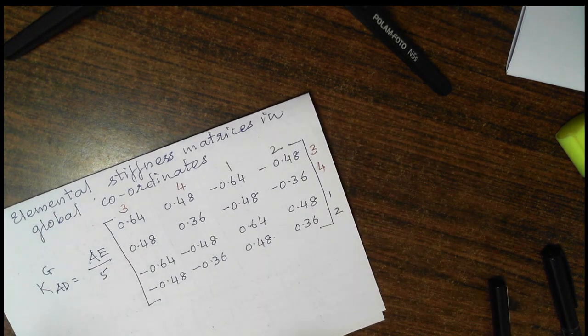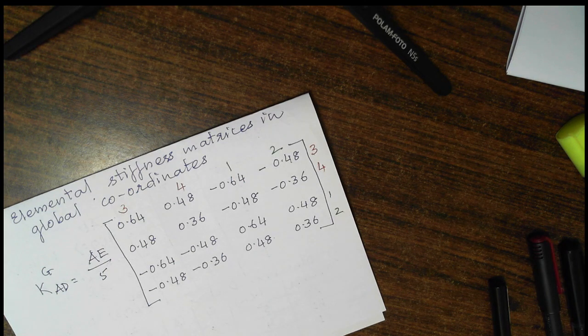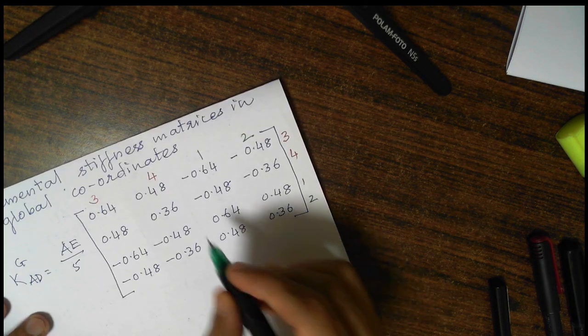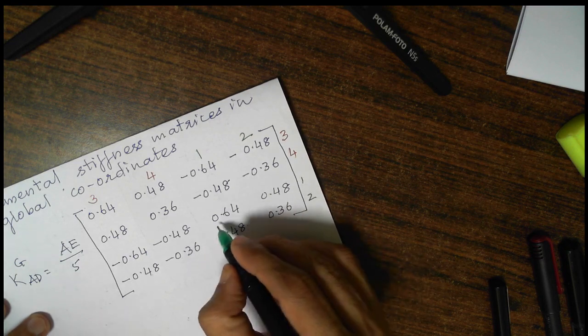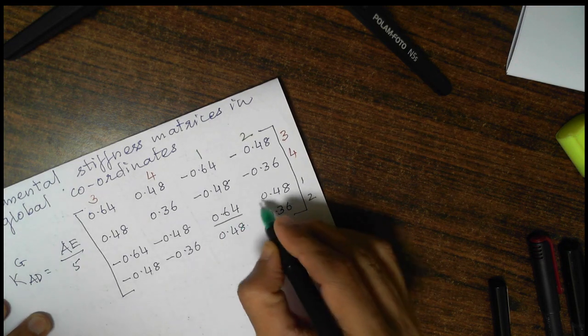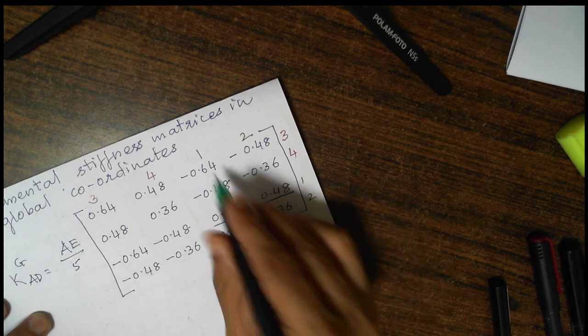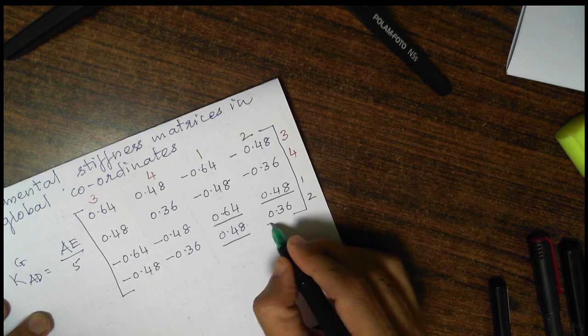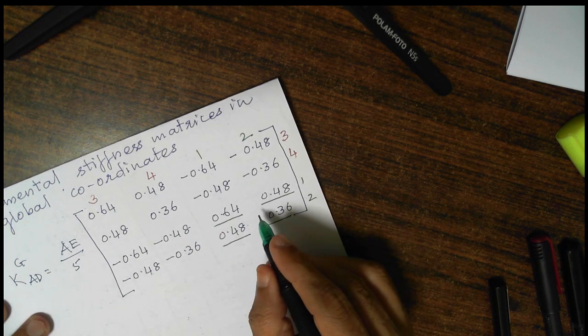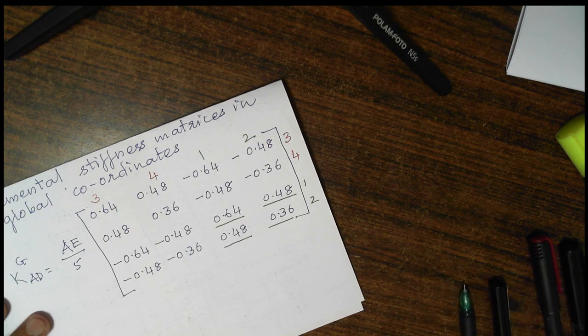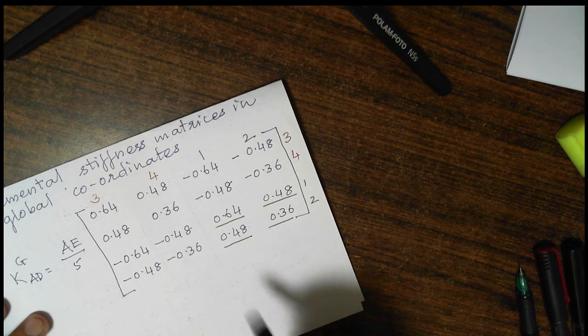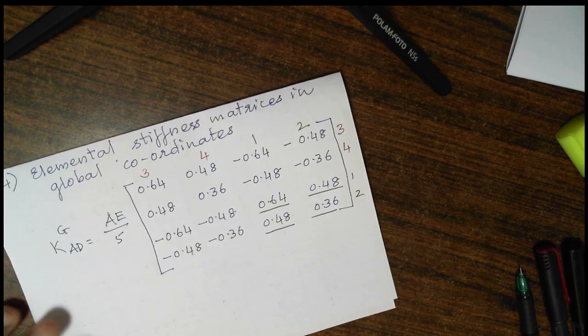Now all of you must have judged it right. We have done it a number of times in beam element. What elements do we need to map for the final structure stiffness matrix? These are the elements 1, 1, 1, 2, 2, 1, 2, 2. Only these 4 elements will be required by us for assembly of the structure stiffness matrix, and that is why I have underlined these elements in green color.